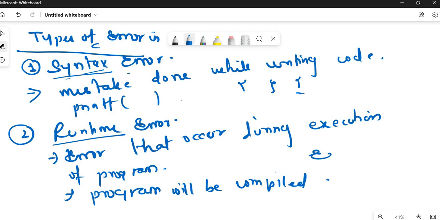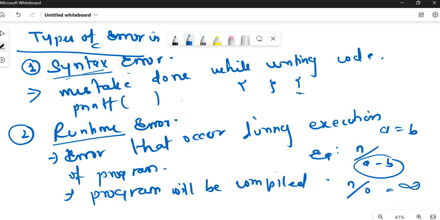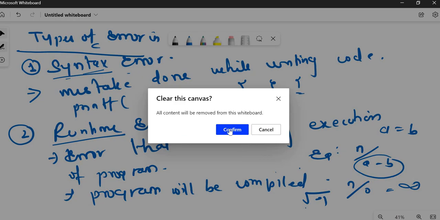For example, suppose if you divide a number n is there, and if you divide it by a minus b, okay, and somewhere in your program a will be equals to b, so what happens? The value of this will become 0. So any number is divided by 0, what will the value? Infinity, so it will give runtime error. Or if you want to find the square root of minus 1, so it will give runtime error. Okay, so next, third error is